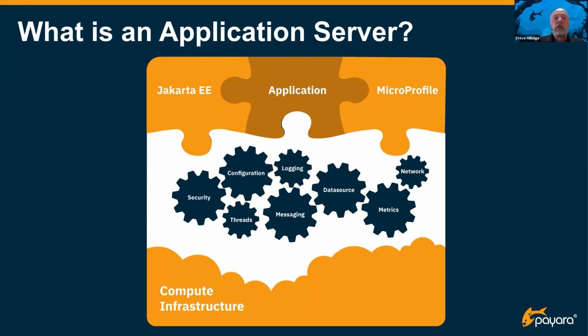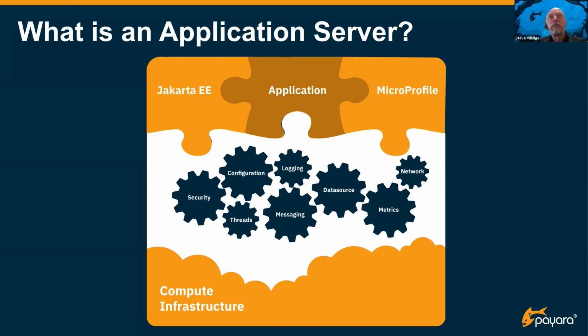And then that sits on top of some compute infrastructure. And over the past few years, that compute infrastructure has become more and more diverse. We've moved away from bare metal servers to virtual machines, through to containers, through to container orchestration in Kubernetes, or cloud platforms, or even container runtimes, based on something like Azure Container Instances. But all of that, from an application server or managed runtime perspective, is just compute infrastructure. And to a large extent, it's the role of the application server to hide the complexity of all that away from you as an application developer.